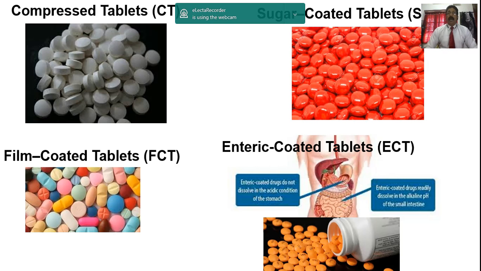That is tablets. And you see the enteric coated tablets, the picture which shows enteric coated tablets, and also shows an intestinal picture and the stomach. In the stomach the drug is not released, and then in the intestine the enteric coated tablet readily dissolves in an alkaline pH in the small intestine. So that is the main thing, the pH can control the release of the drug. So by that we are preparing the drug, how to be released. So this picture has given an idea for the students of what we have read in the previous slide.